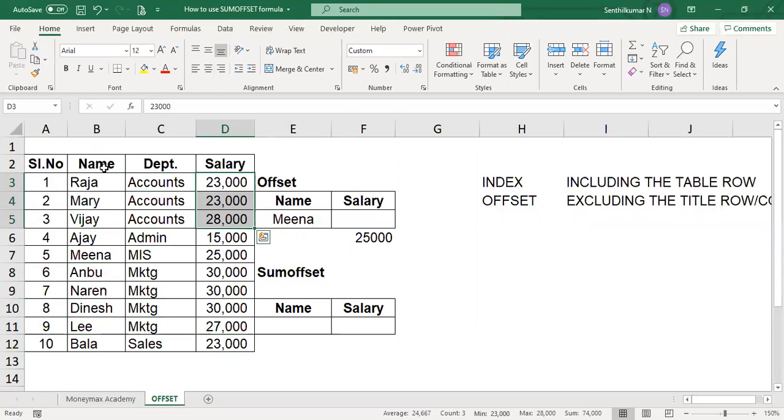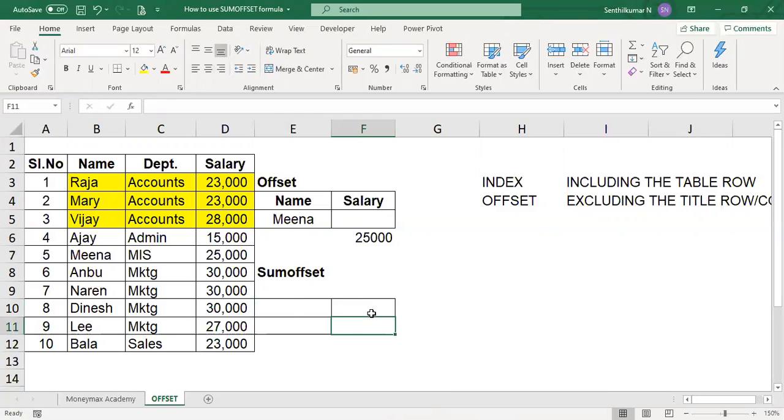We can use sum easily, but if you want to use the offset function, we can do sum offset. The total salary of the accounts department is 74,000.